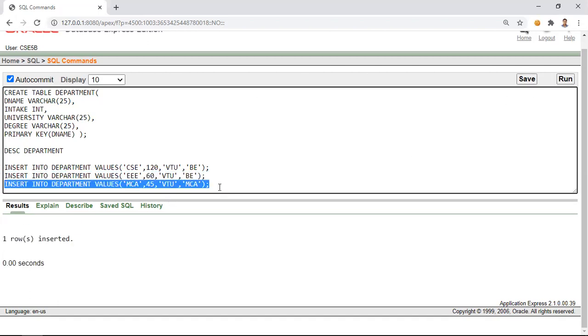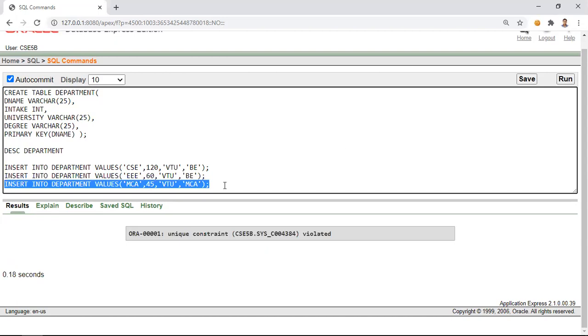So now all the three rows are inserted. If I try to insert this MCA once again, it should raise an error, that is a unique constraint error, because the name is repeated.